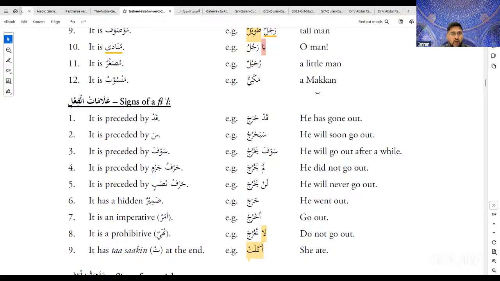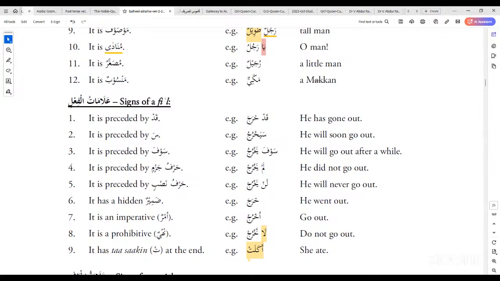And grammar is the way. Sarf is the knowledge which teaches you the changes of the verbs. Nahu is the knowledge which I'm teaching you now, which gives you the power to translate the ayat of the Quran. Those who are strong with Nahu will be able to translate. They will know where the doer is, where the verb is, where the object is, and so forth, inshallah. Okay.